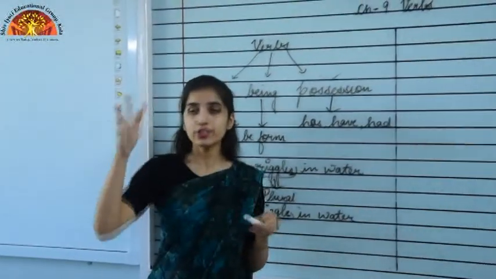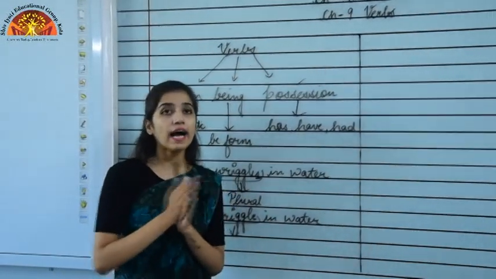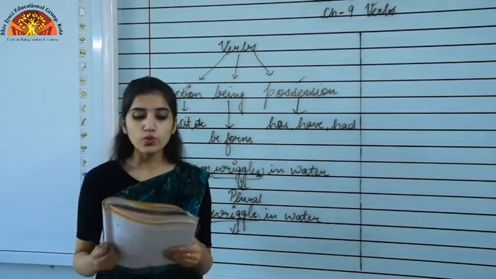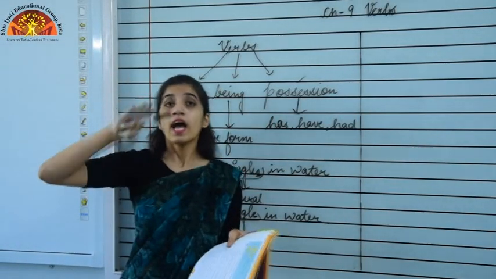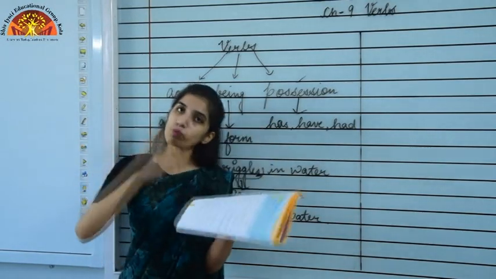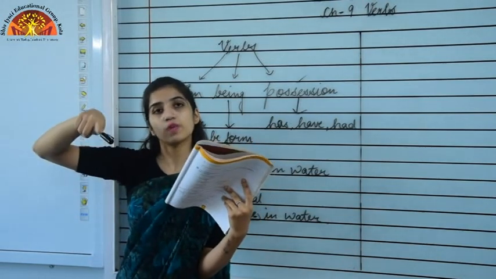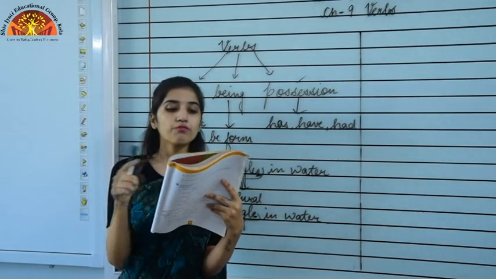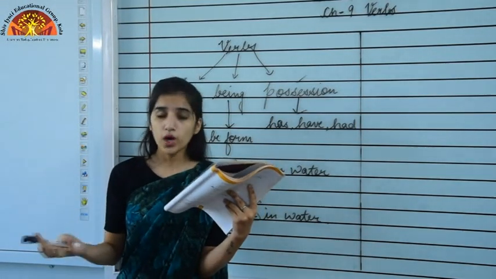With I and you, we'll always use the plural verb. Okay, so with I and you, the example is written: you are a good boy. So when we are using the be form or have form of the verb, that time we will be using the plural forms. You, though it is singular, is used with are. Okay, and with all of you, again it's used with were, which is also a plural verb, right?